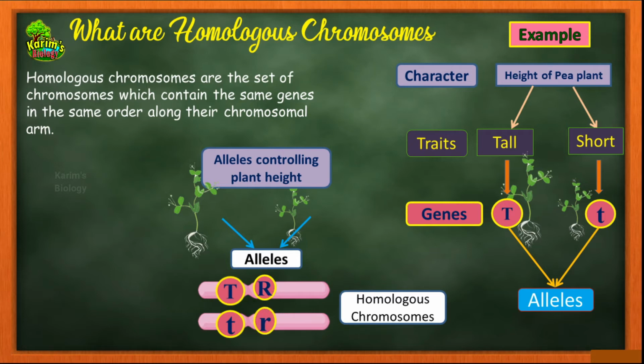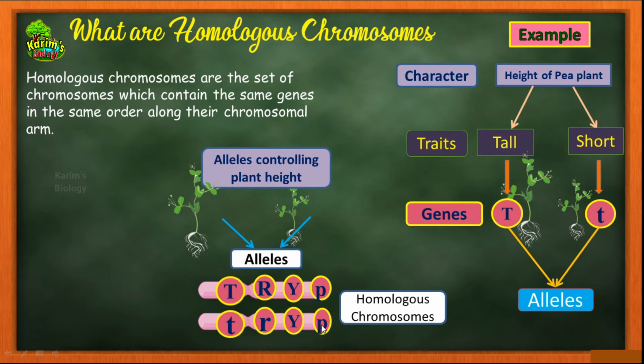and the same allele, or a different allele of the same gene, may be located on the other chromosome, but in the same place. And another one, for example, capital Y, which is giving yellow colored pod, may be present in this place, and the different version or same version of this allele may be present on the same location of another chromosome. Okay, so there is small p here and there is another small p here.